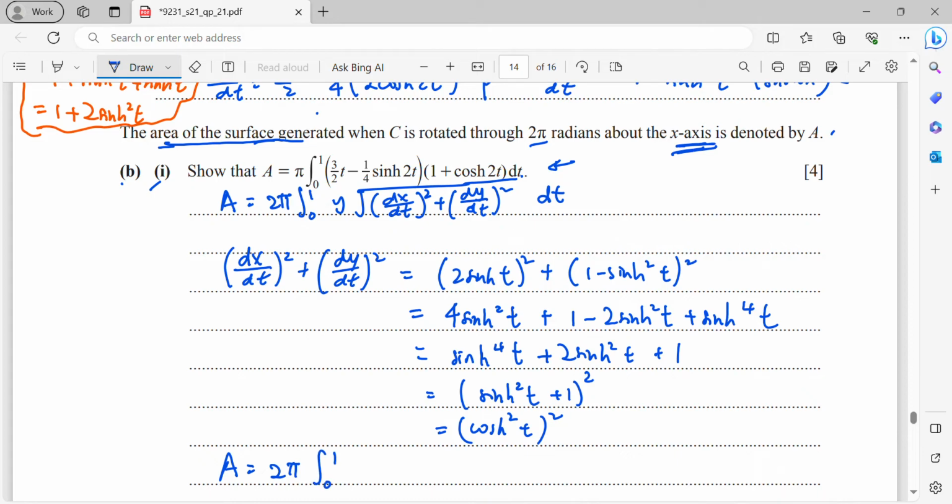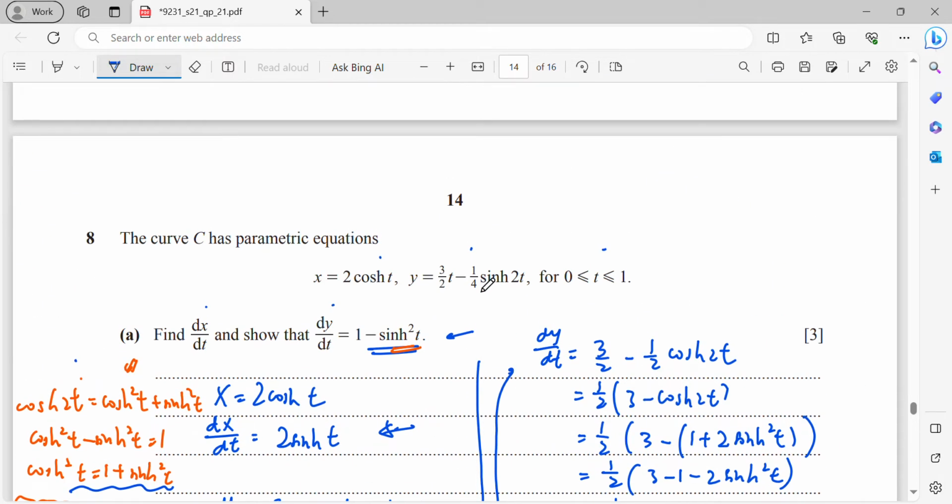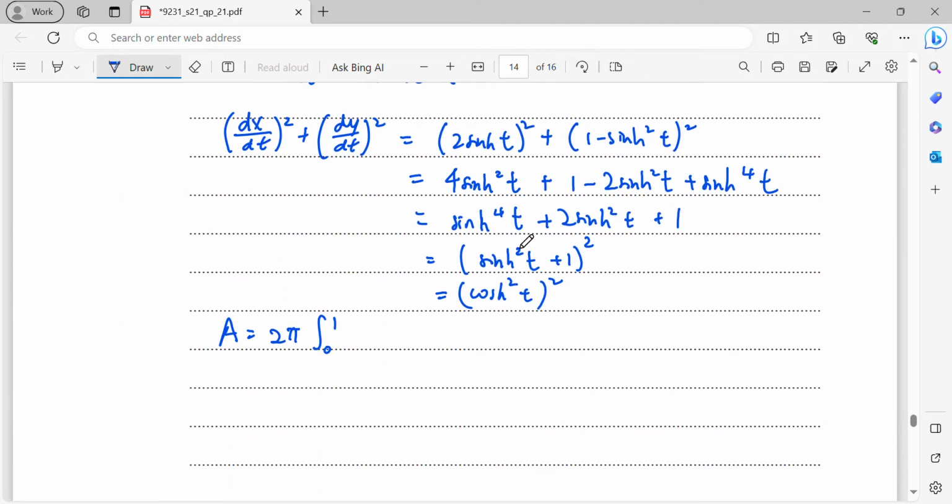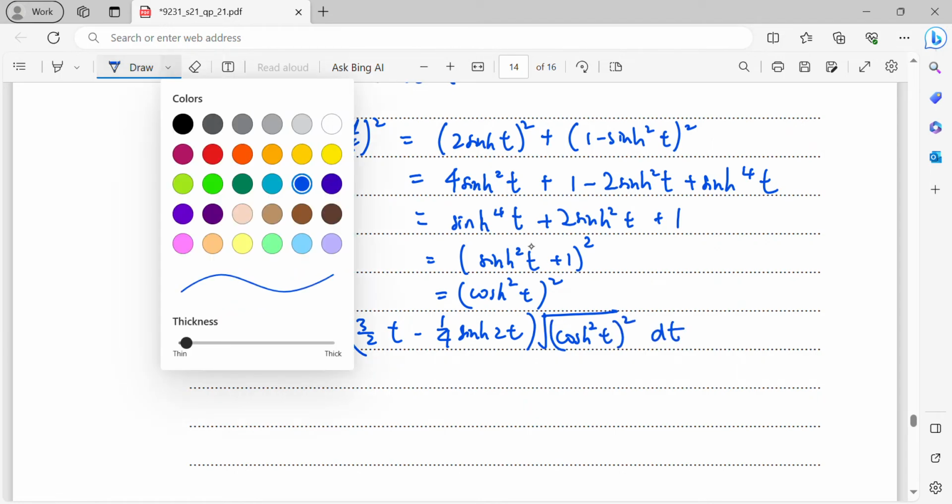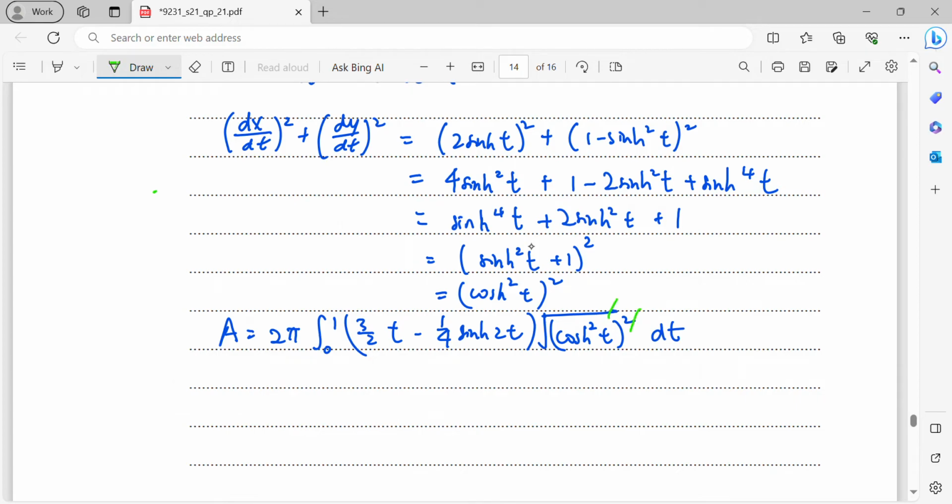The y, okay, replace the y now. The y is these 2 terms. So I will write 3 over 2 t minus 1 over 4 sine 2t, that is my y, square root of cos squared t and another squared outside. So now the square and square root can be cancelled off. Okay, then I will be getting,